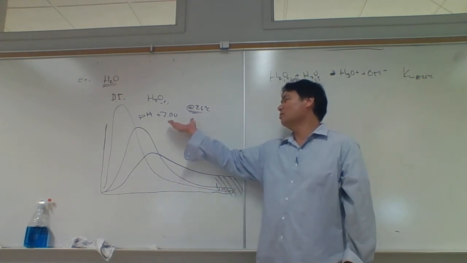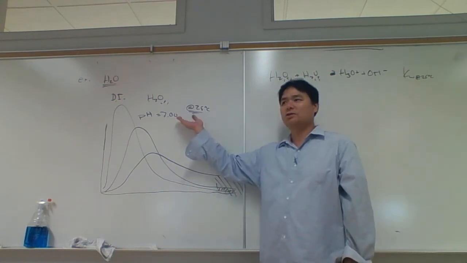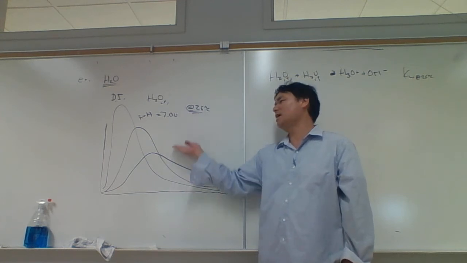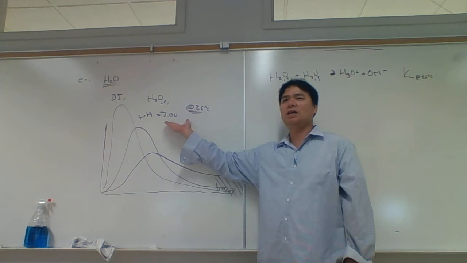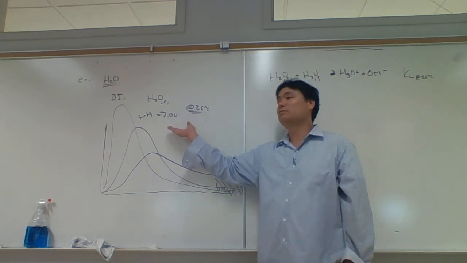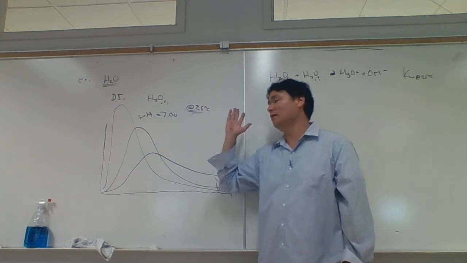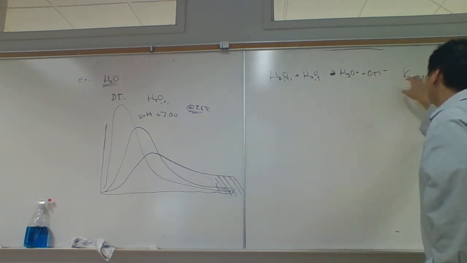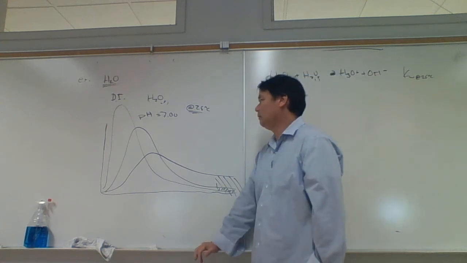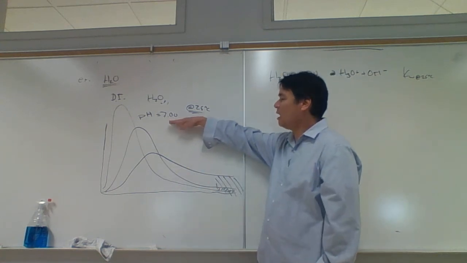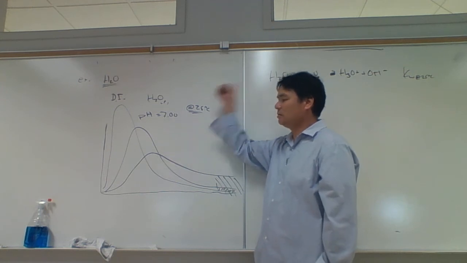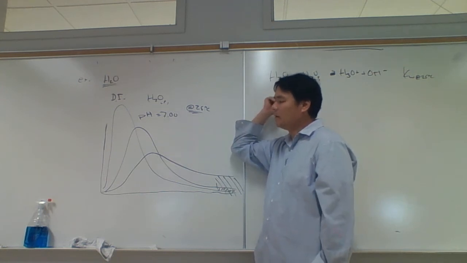The electronics will automatically compensate for changes in pH as the temperature fluctuates. So if the temperature goes down, you don't want the pH of water to change. You want the pH of water to stay at 7. And that goes for everything else. Otherwise, this becomes a big headache. And so basically, we're going to compensate for the changes in pH due to the changes in Kw by using